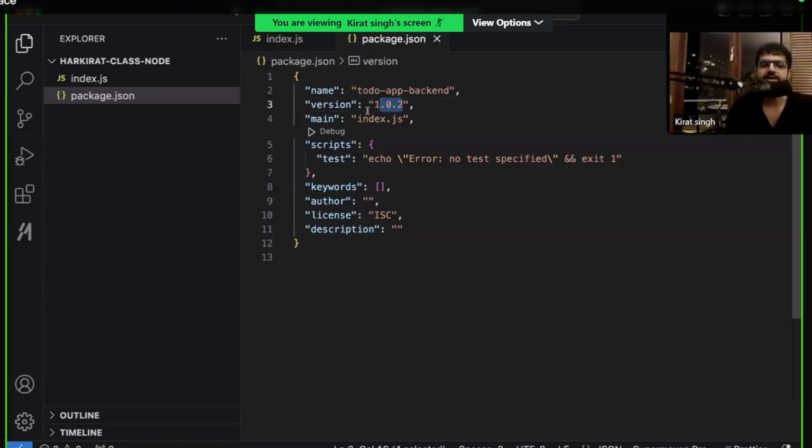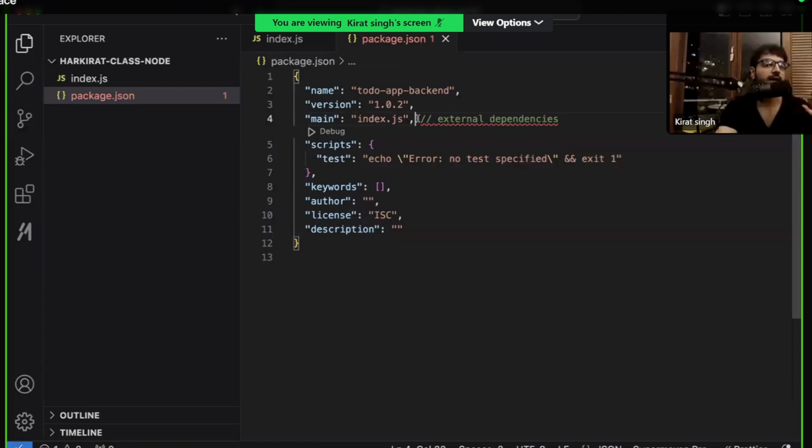We have these 3 sections. We'll later understand what these 3 sections mean. Main represents your main file, which in our case is index.js. This will also come in later. All 3 of these will come when we understand external dependencies. If you're writing a simple application locally, it does not matter at all what name you give, what version you give, what main file you give.